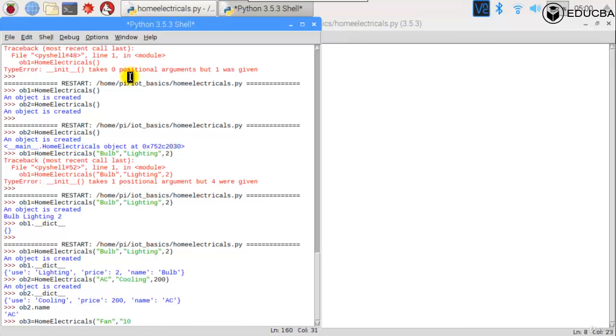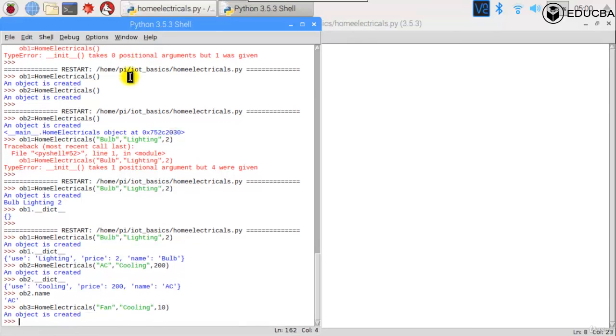Again, this is for cooling. Right, an object is created. Is that clear? So these are the things that you have done up till now. Now, we need to understand a little more when it comes to classes and objects, which we will learn.